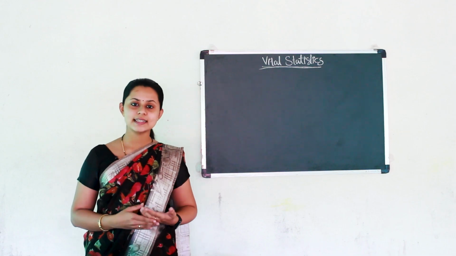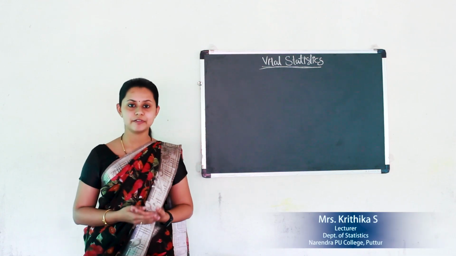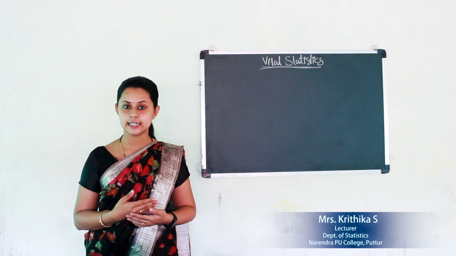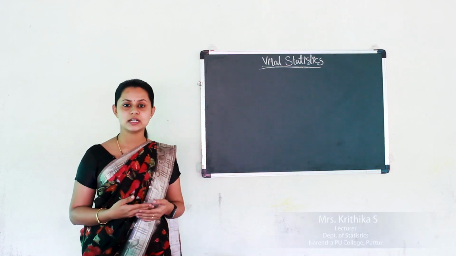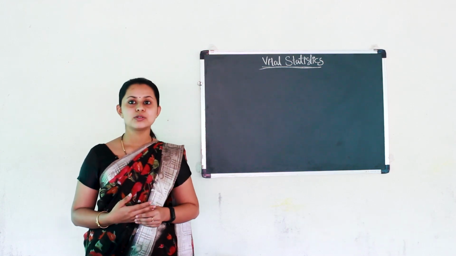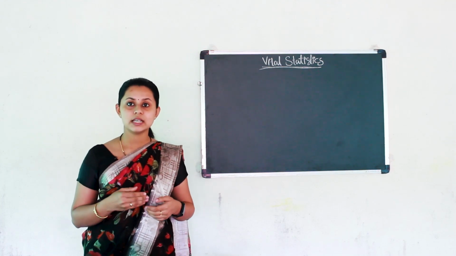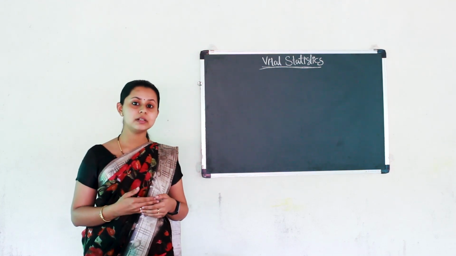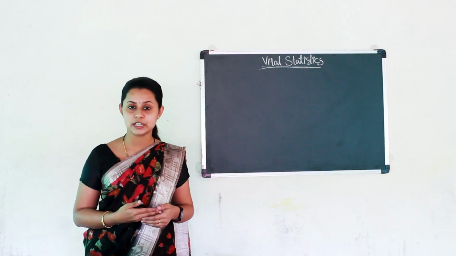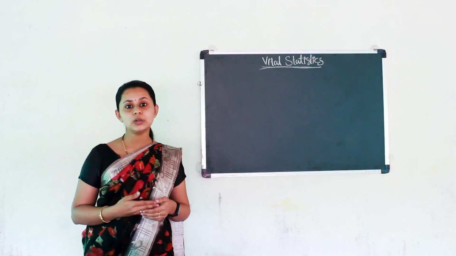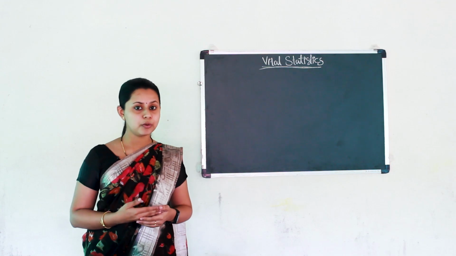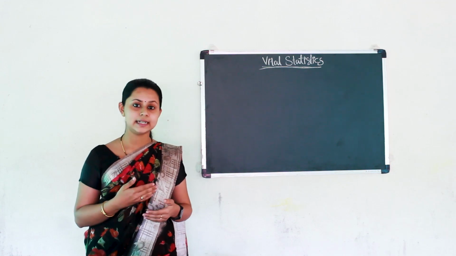Hello everyone, in the last class we studied the age specific fertility rate and total fertility rate. In today's class we shall study the reproduction rates. The fertility rates which we studied in the previous classes are unsuitable for measuring the rate of growth of population. Why? Because they ignore the sex of the newborn babies as well as the mortality rate.